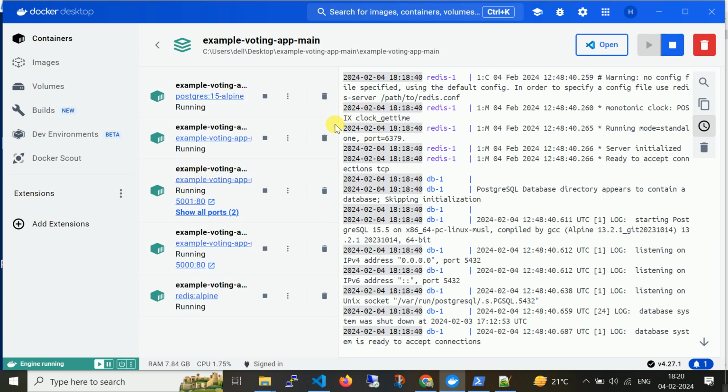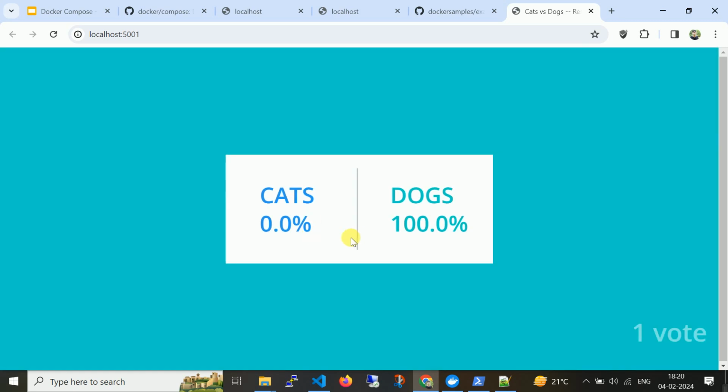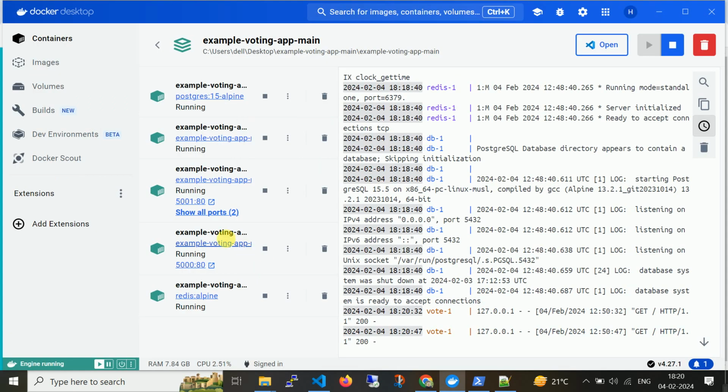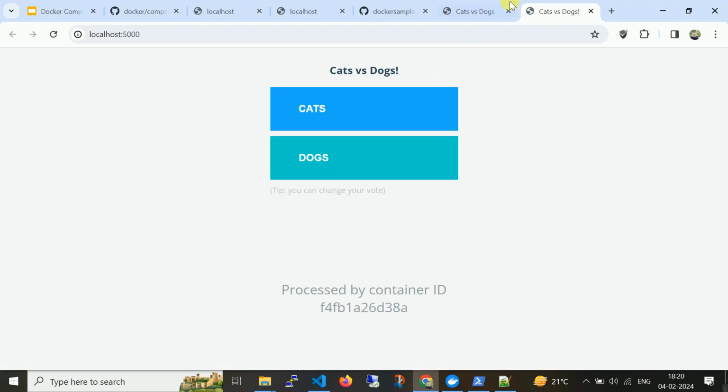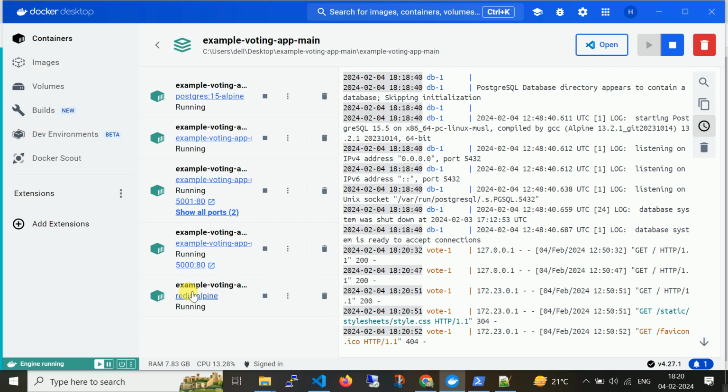Just a moment. First one is the Postgres for the voting app. Then we have this result app. This one is for the voting app. And the last one is for Redis. So there are a total of 5 containers up and running.